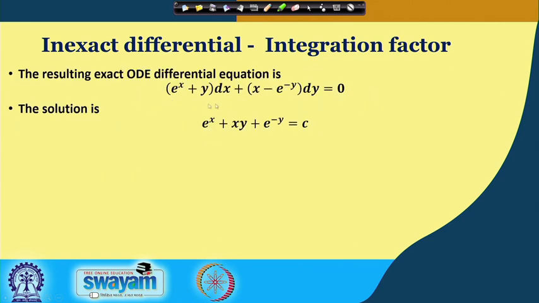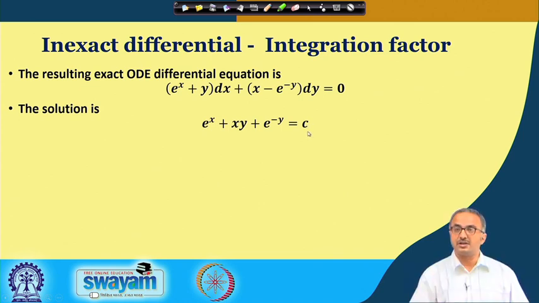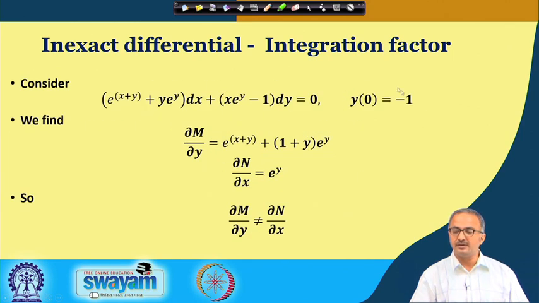So, this is how we are getting the exact differential, and now I am not going into the solution methodology because I have covered this in my earlier lecture. So, we find that this is the generalized solution we get, and here we have c as the constant of integration, and this may be obtained from the initial condition we are given.